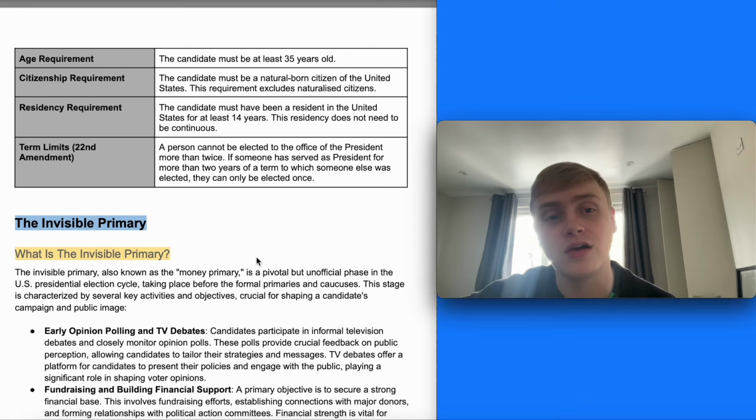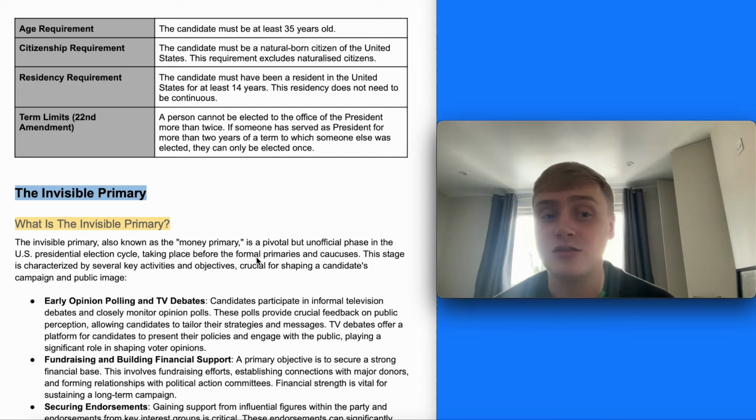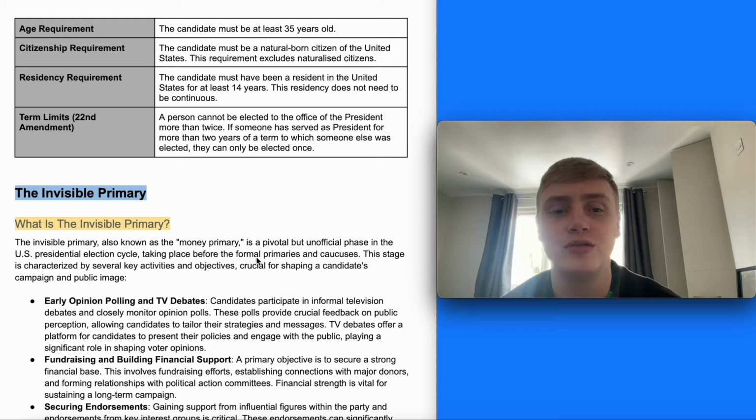They must be at least 35 years old, must be a natural-born citizen of the United States, so it excludes naturalized citizens who are born in other countries. The candidate must have been a resident in the US for at least 14 years, and this doesn't need to be continuous. And a person, crucially, cannot be elected to the office of president more than twice. So you can only run for re-election once if you've already been